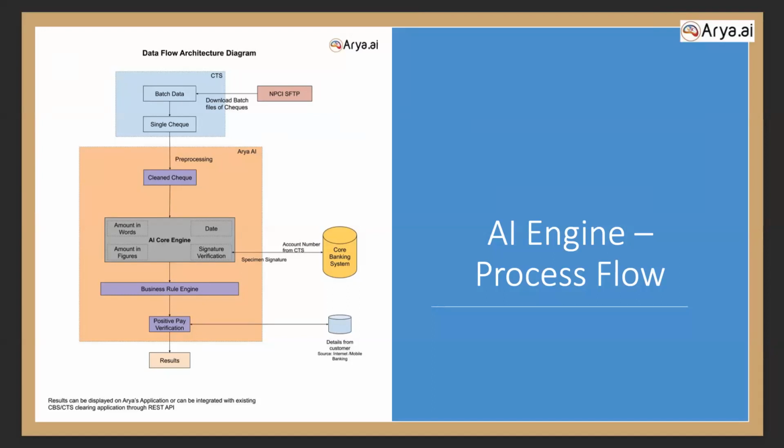Now when we get a result, first we try to take out the account number. With this account number we hit the core banking system of that particular account holder to retrieve the signature. So the first step is to extract the account number from the check, or take the account number from the CTS information itself. Then with this account number, we hit the API of the core banking system and retrieve the signature which is there in the core banking system. So that our signature verification process also starts, in parallel with what we extract from the check.